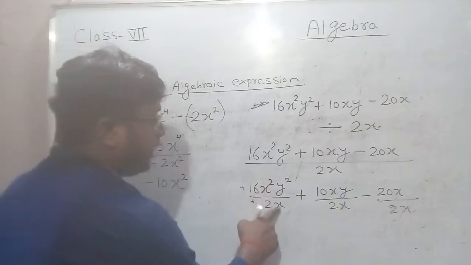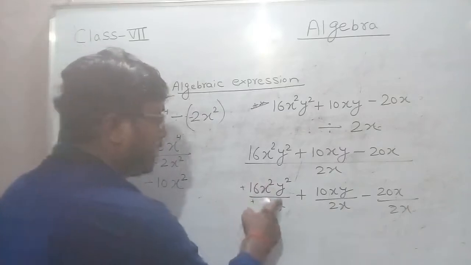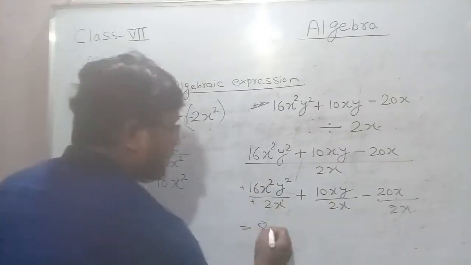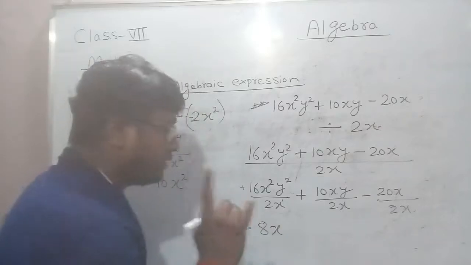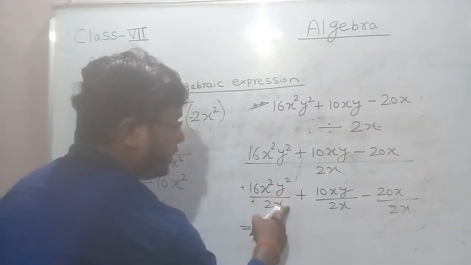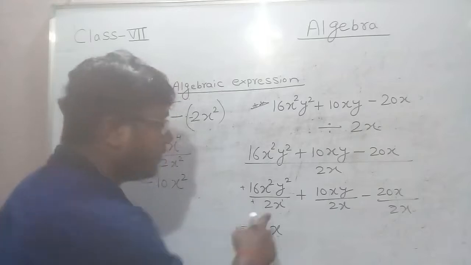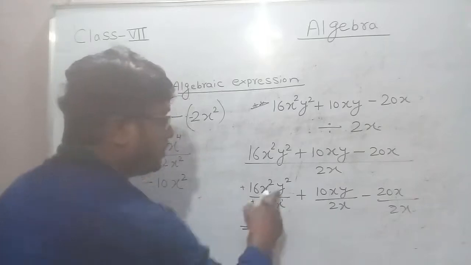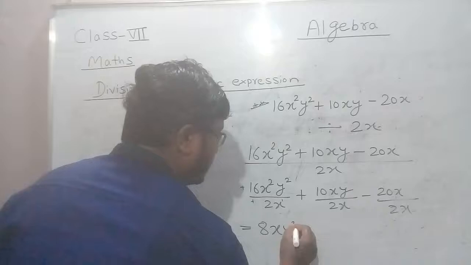Now here x to the power 2, and here it is your x. So 2 minus 1, the power, is 1, that is x to the power 2 minus 1, that is 1x, that is your x. So the y term is here, but there is no y term in the divisor or the denominator. So y square will be as it is.